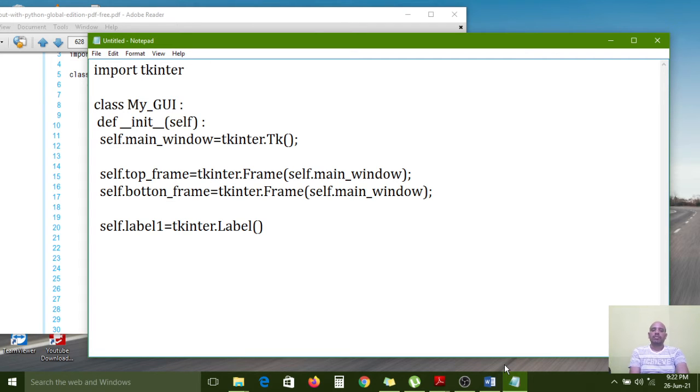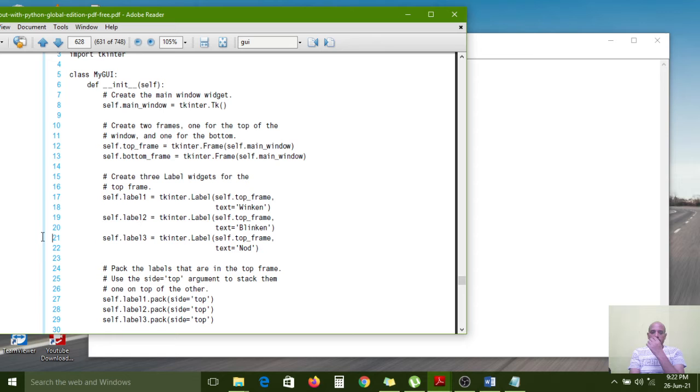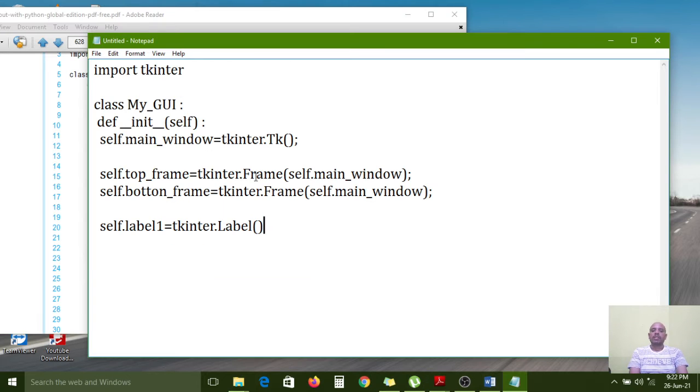Here in the Label function, we have to specify the frame where we have to place the label. First the window object is created. After that, two frames are created in the window. After that, labels are created and placed in the frame.